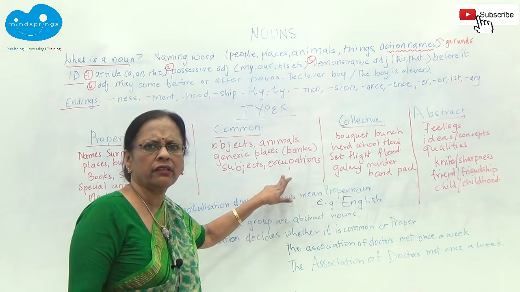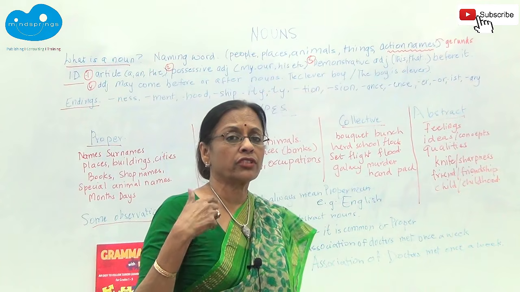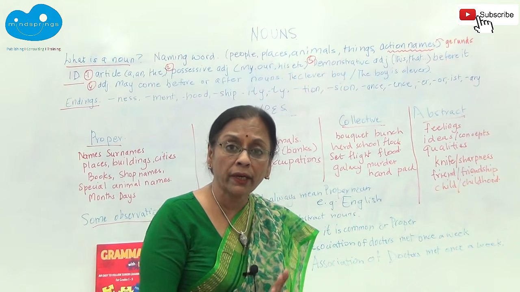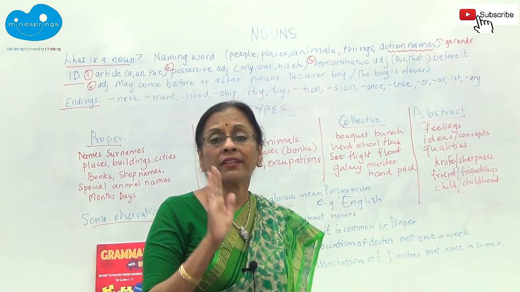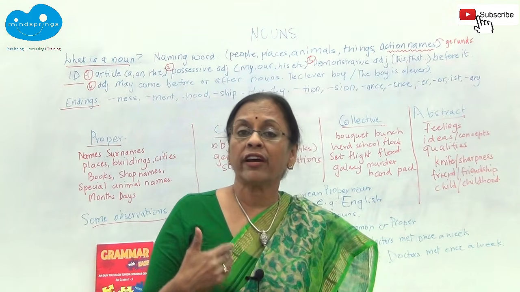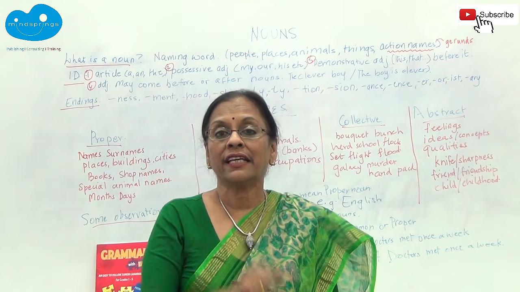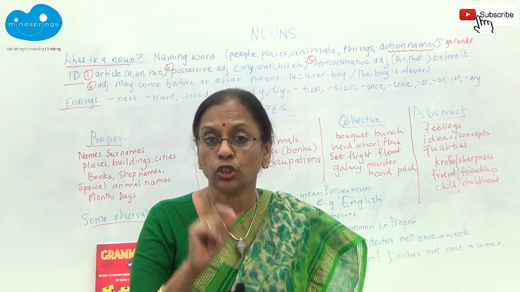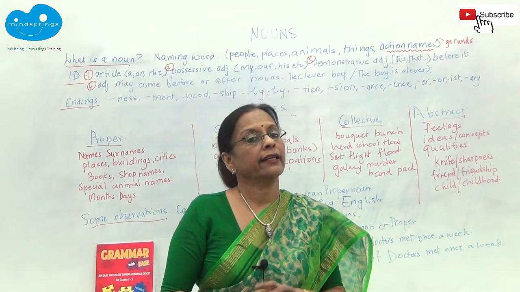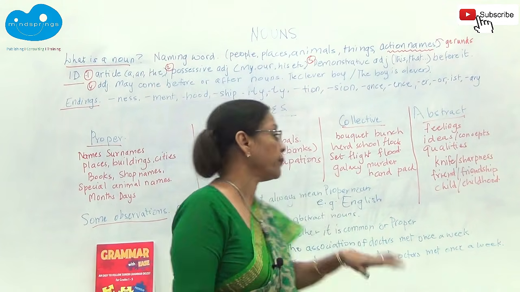Occupations, doctor, lawyer, all of them are common nouns. If you say my doctor will visit me tomorrow, it's a common noun and it is not spelt with a capital. But if I say Dr. Rao is our family doctor, then doctor there is a capital D and an abbreviation, R with a full stop, and then Rao with a capital R and AO. So that's a proper name and a proper noun.